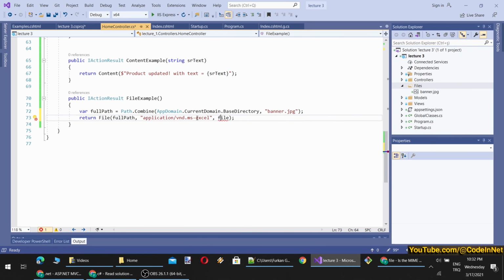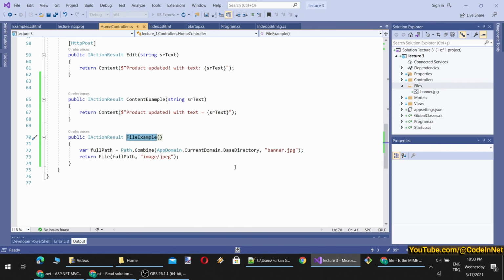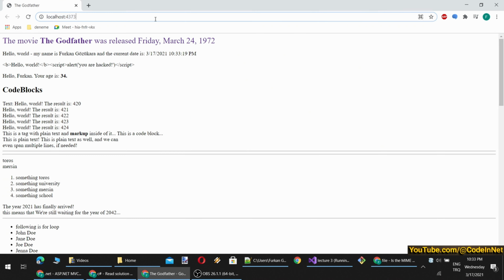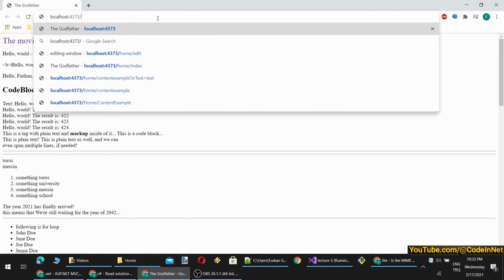Okay, so this is the content type. We have the full path already, virtual path, and content type. Okay, let's try, and if it is working, let's see that. So this is our method. When you are programming, sometimes, or many times, you will need to solve your problems. To do that, you have to search the internet, find the correct thing that will achieve the task that you want to do, and you may need to do some search for that.